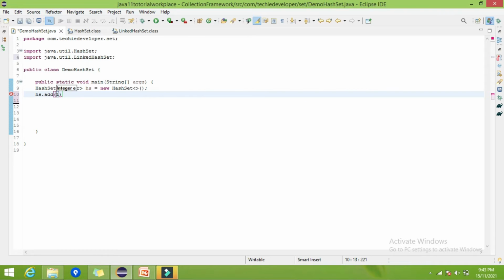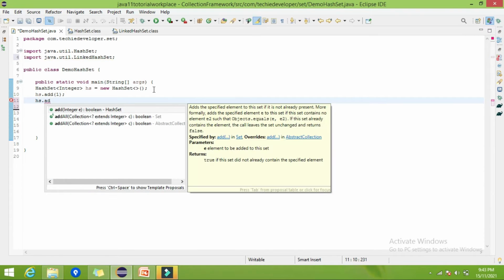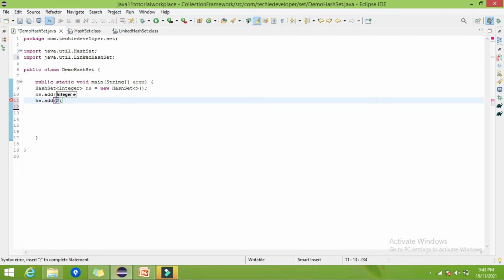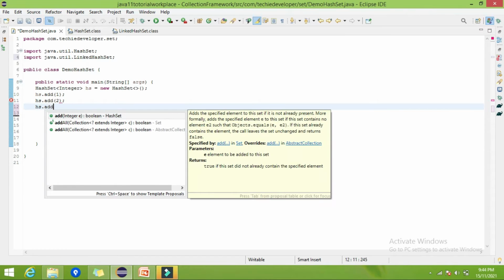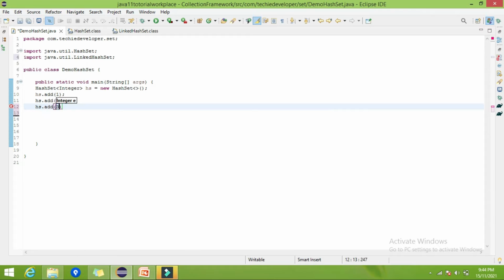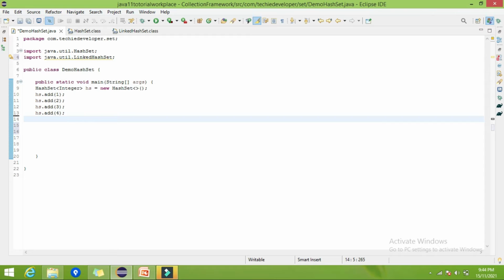Let's try to add 3, 4 elements. So I have added the 4 elements here.